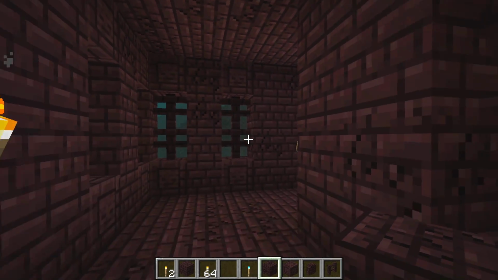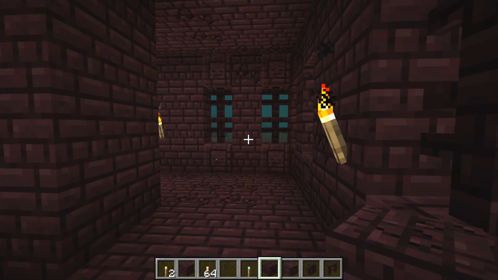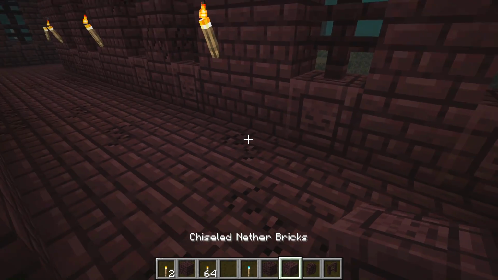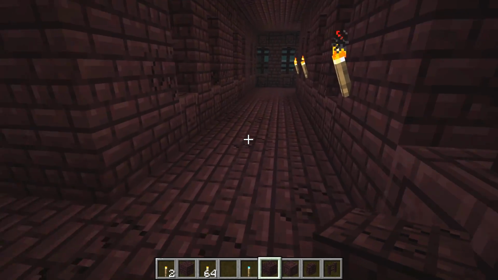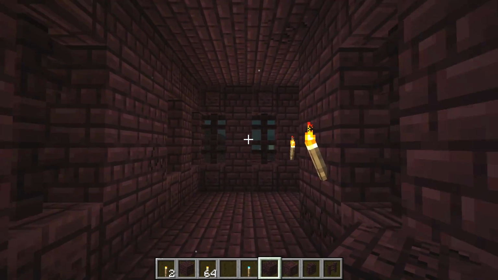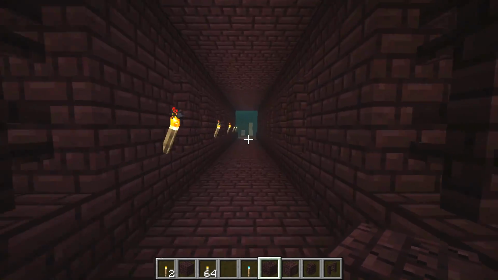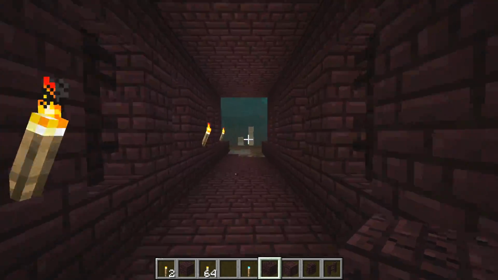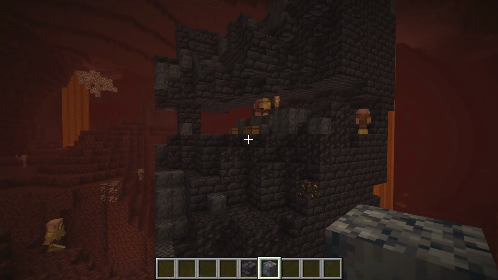And yeah, the fortress looks a little bit more old, a little bit run down, has a little bit more character. And these subtle texture changes with the chiseled and the cracked nether bricks, I think add just a little bit of extra flair to the Nether Fortress, which is a little bit disappointing that this is not the default. We're still stuck with the old Nether Fortress, which, yeah, just plain nether brick. The Nether Fortress not being updated is a bit of a disappointment, but luckily we have a new structure, the